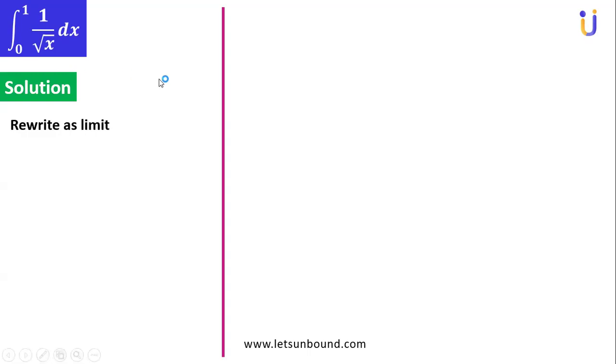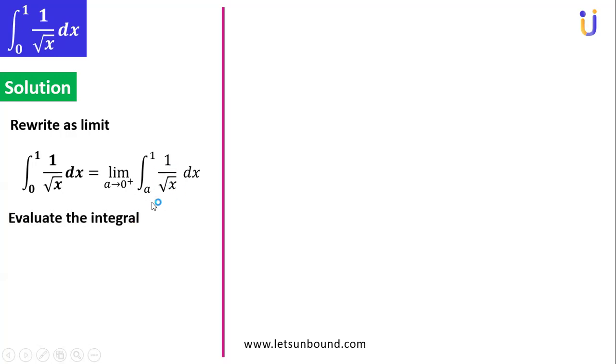rewrite as a limit. Okay, how should I write? Where it is not working at 0. If I have root x minus 2 at 2, it won't work, right? So rewrite as a limit, 0 to 1, this thing as something you change. This 0 is a problem, so you change it into a, and it's not exactly 0, but it approaches 0 plus, right? And